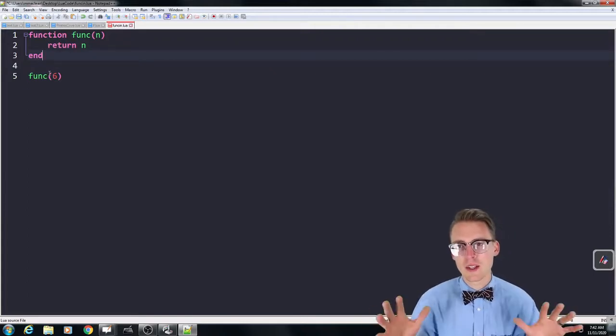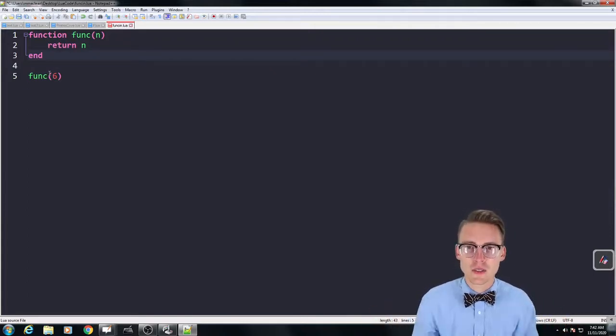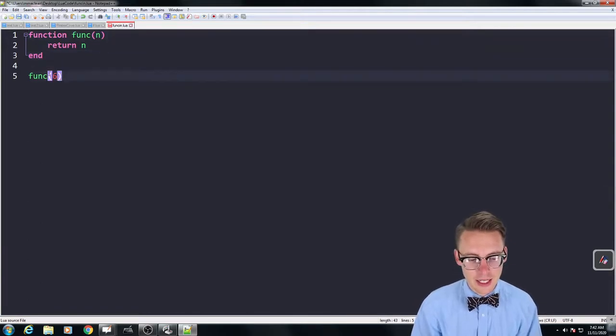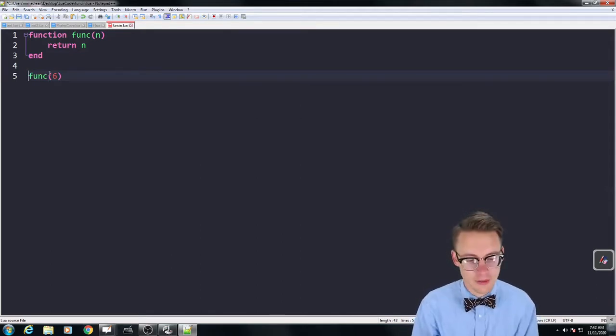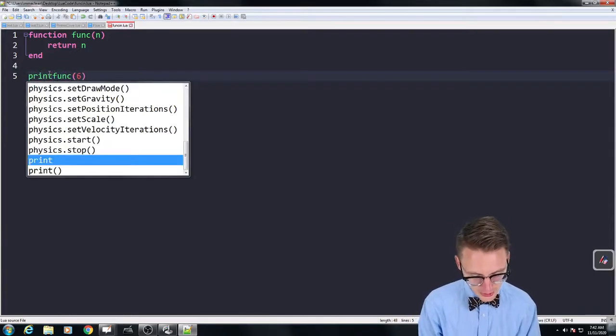All right, so I'm just going to return n and make it really simple to highlight the fact that this is not a useful script. It's simply for demonstrating inputting something into a function. So we're just going to return n, and if we run this code, nothing will be put out on the screen because we haven't written a print function or something. So let's go ahead and print,